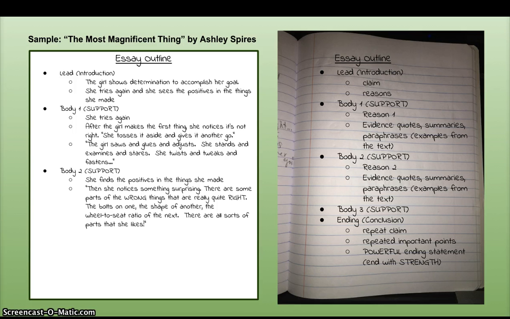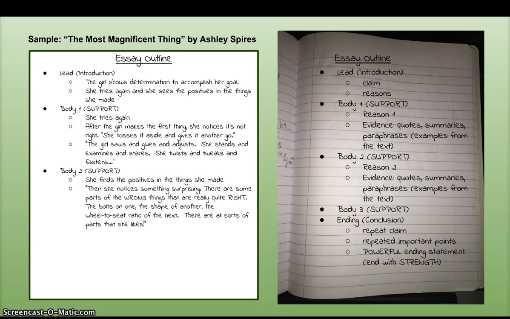Then she notices something surprising. There are some parts of the wrong things that are really quite right. The bolts on one, the shape of another, the wheel-to-seat ratio of the next. There are all sorts of parts that she likes. Notice I'm using a quote here. You also might notice that I really only have